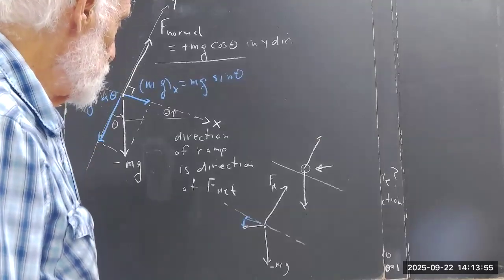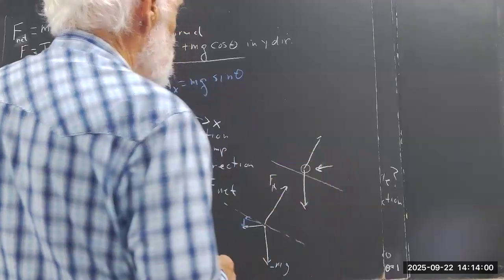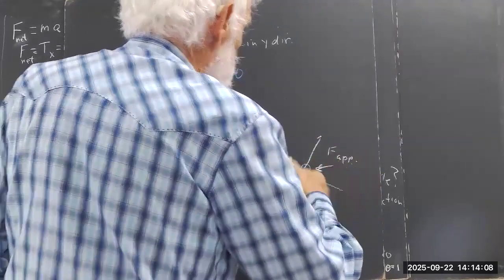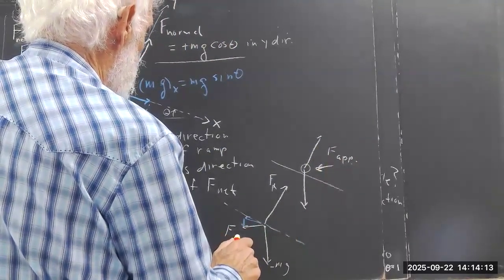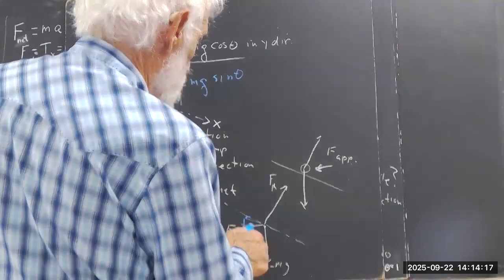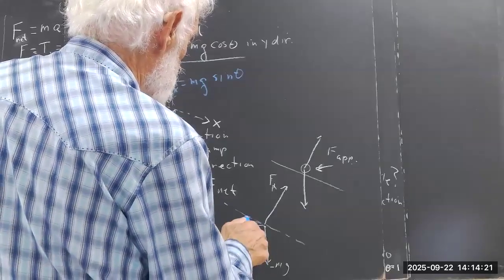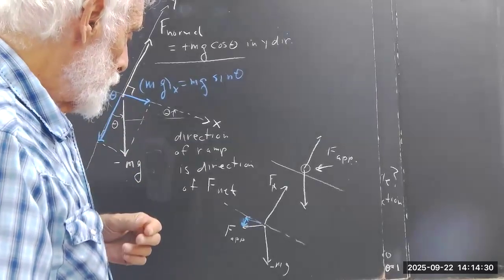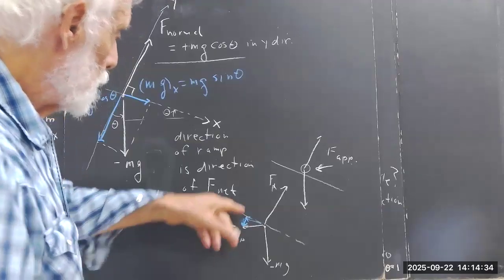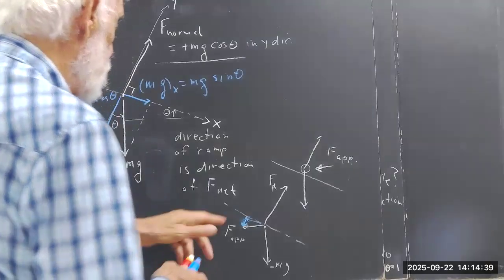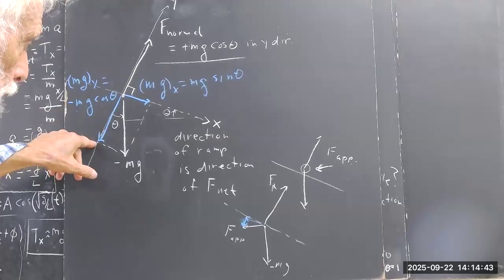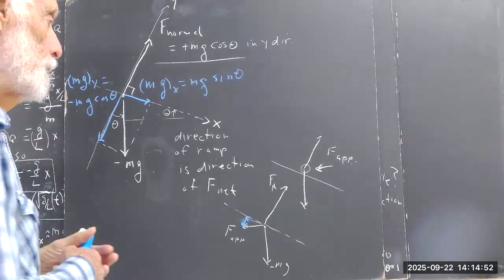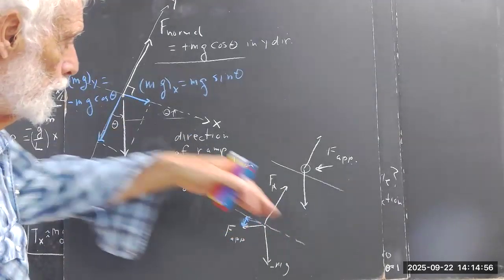Okay, another situation we can have, if a force, one way or another, is being exerted this way on the ball, then call this force F for applied force. And here's your F. It has a component parallel to the x-axis and a component parallel to the y-axis. I didn't draw those quite right before. The component parallel to the y-axis is going to reinforce the component of mg parallel to the y-axis, so that if the situation is represented in this picture with the applied force to the left where the incline is sloping toward the right,